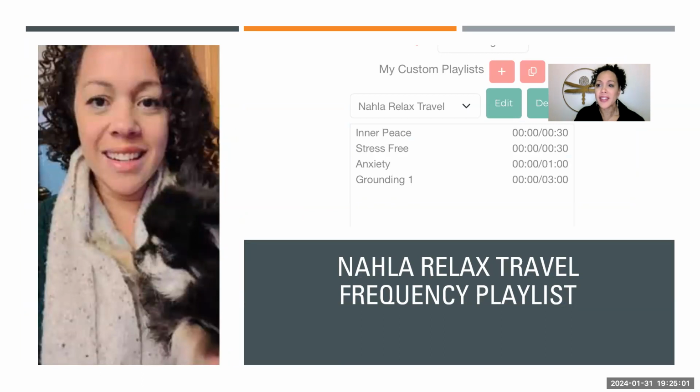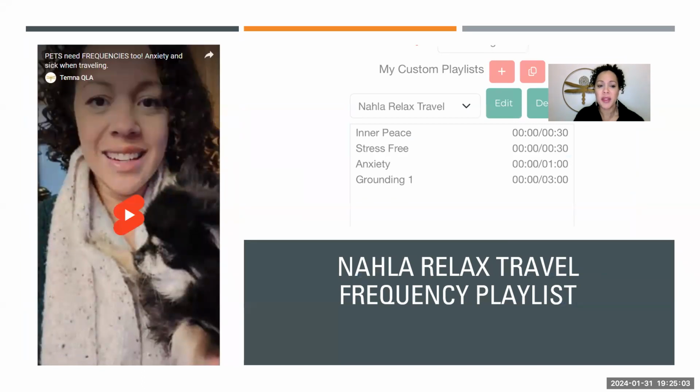And I also have a personal testimony with my little fur baby, and she's so little you can barely see her in the picture. But Nala always gets anxious when she travels. She's a 4 pound teacup Pomeranian Chihuahua mix, so she's always shaking and nervous, and everything makes her nervous. I wasn't able to take her anywhere because she was always nervous. She would even get car sickness, and then eventually she would just throw up. So needless to say, I didn't want to hurt and torture my little one.